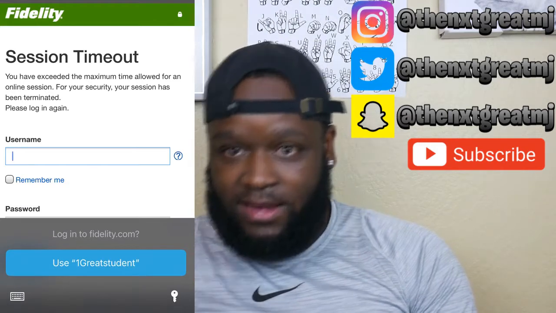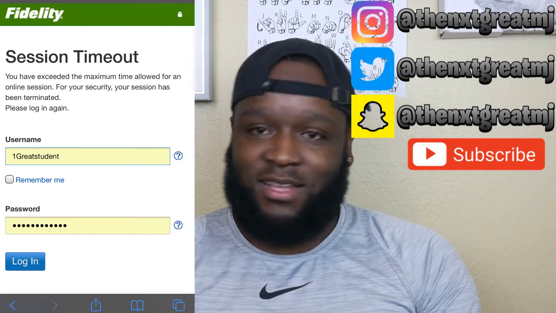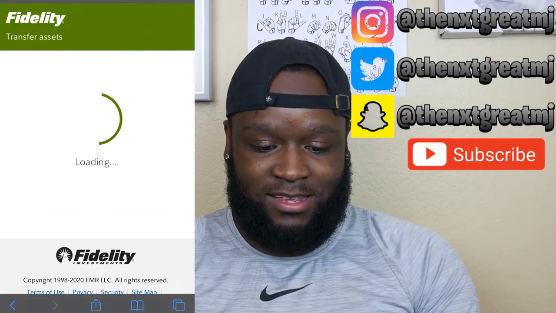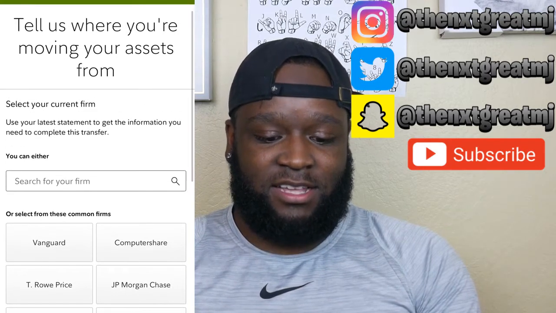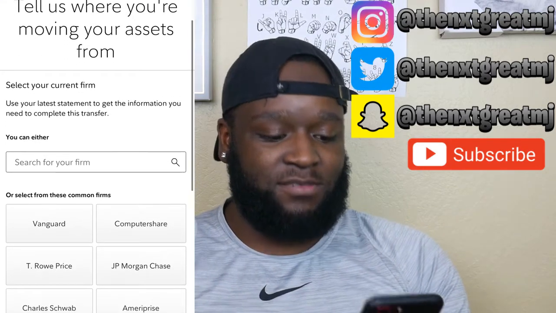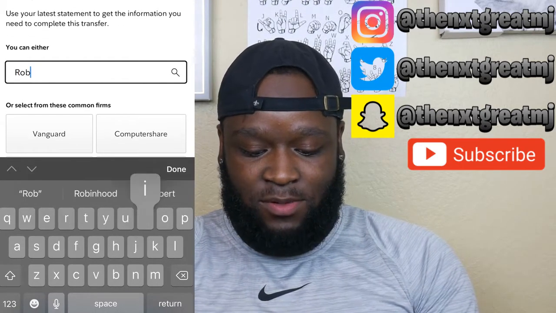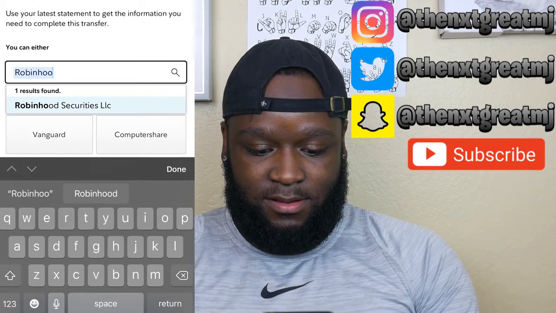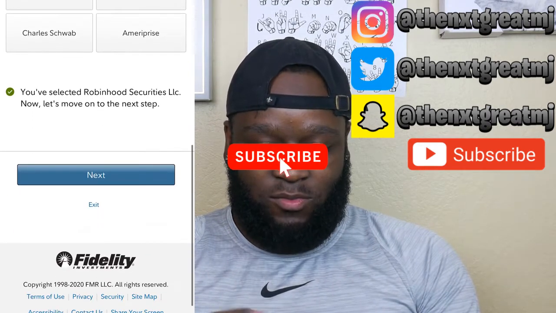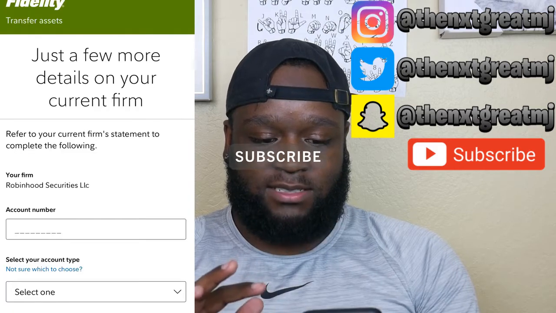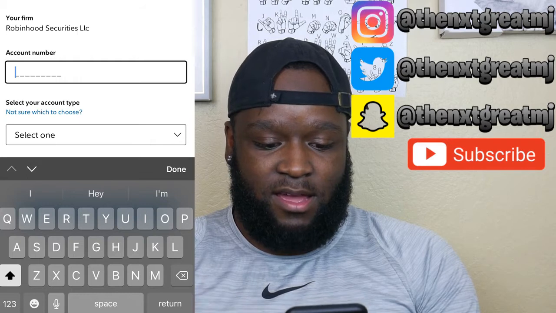And we're gonna go ahead and blur out what exactly all my stuff is, and then we're gonna go ahead and log in, and then it'll say tell us where you're moving your assets from. And so I'm gonna go ahead and type up Robinhood, and it comes up Securities LLC. And then once I select that, you go down and press next,